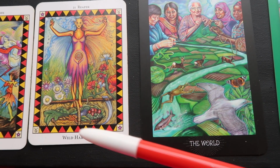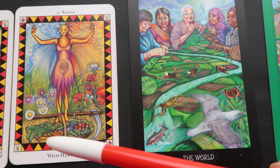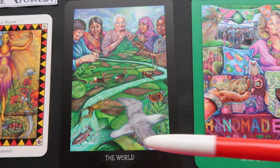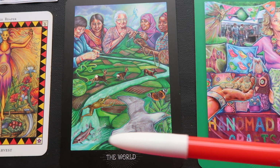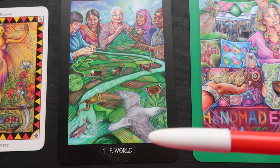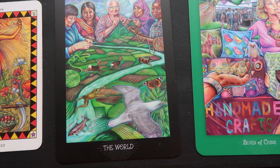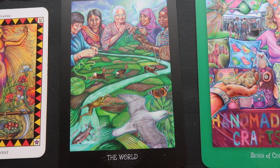Now, our harvest, our yield, in this case, in the Wild Spirit version, is a very literal harvest in a basket, but in the world we see it very differently, that they're actually creating a much wider living landscape, shall we say. Yes, so I've lost my thread now, which is very apposite, isn't it? Thread, yarn. Right, what was I trying to say there? Yes, our harvest, our creation, it might be something